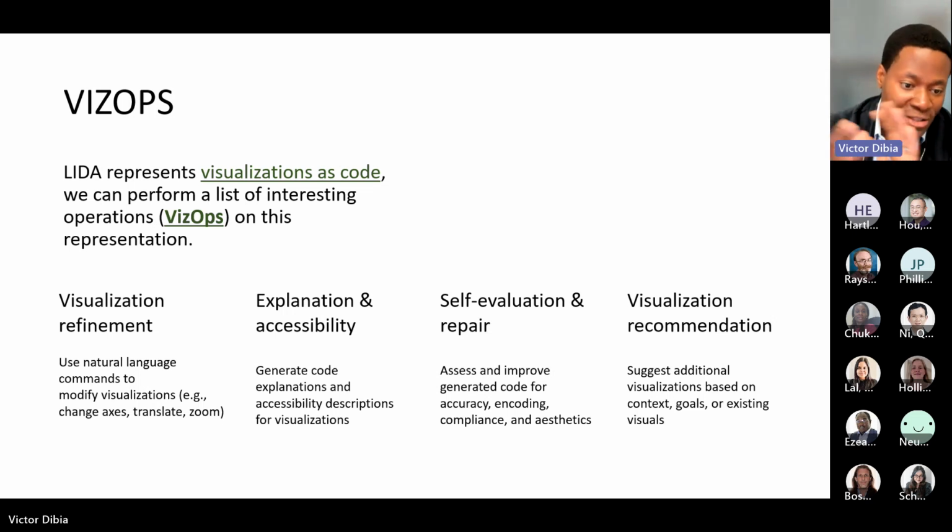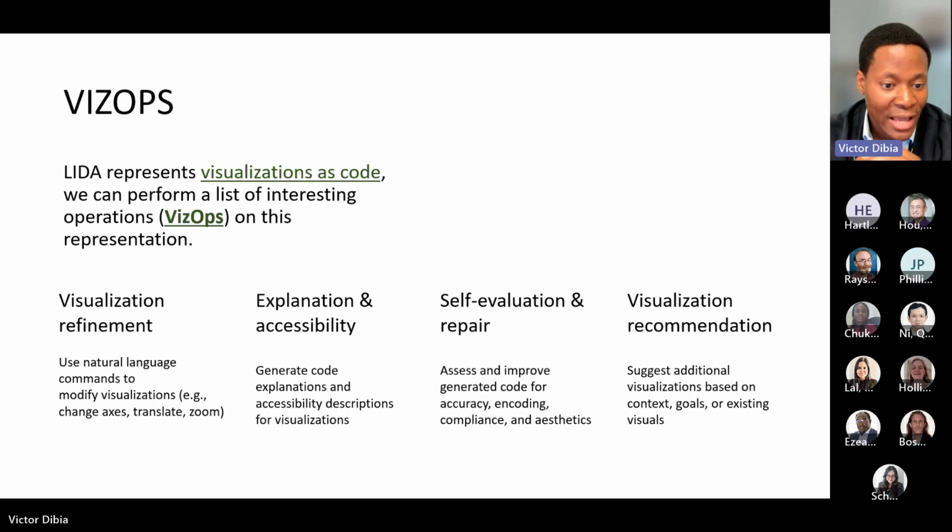Then finally, visualization recommendation. So as you interact with the system, for each request you make, you could typically ask the model to come up with additional visualizations that might make sense given the current representation. So I categorize all of these as VizOps because the idea is applying operations on the code representation that we might have obtained from a previous process. Okay,